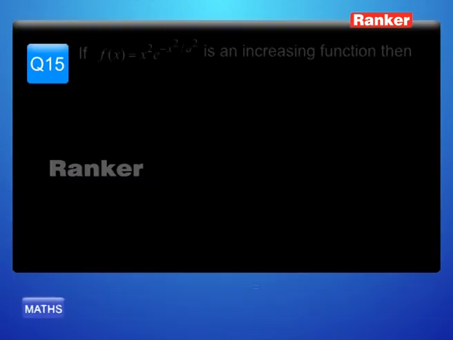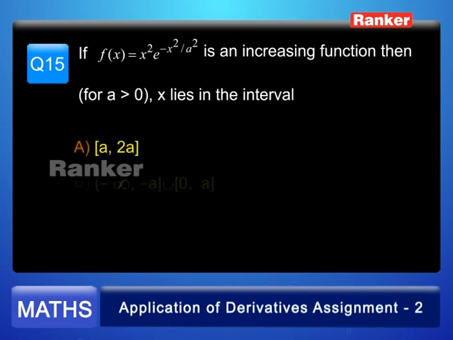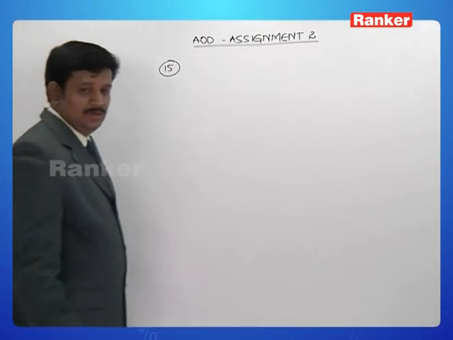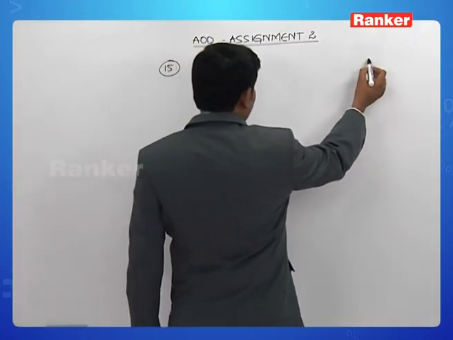Next question. If f of x is equal to x square e power minus x square by a square is an increasing function, then for a greater than 0, x lies in the interval: option A, closed a to 2a; option B, minus infinity to minus a union 0 to a; option C, minus a to 0; and option D, none of this. It is given that a is positive,